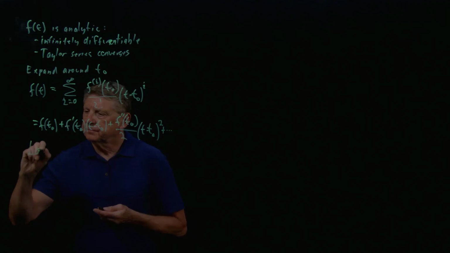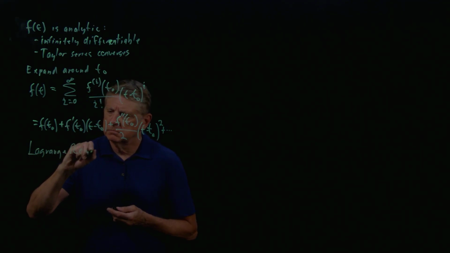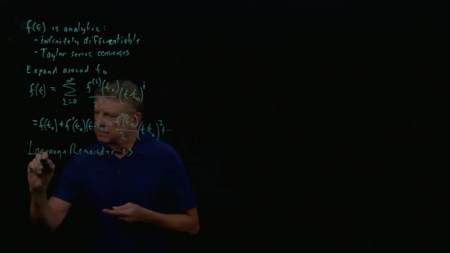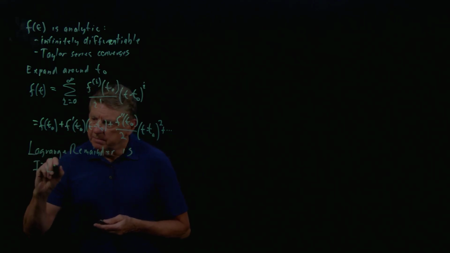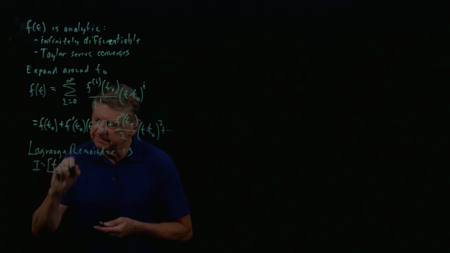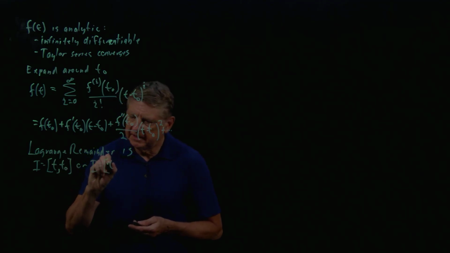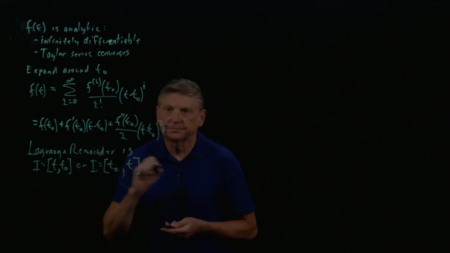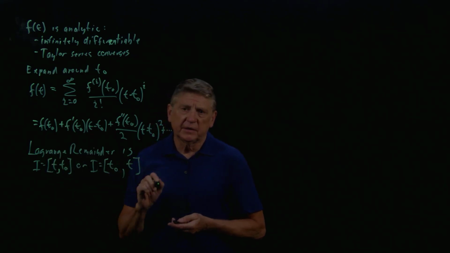The Lagrange remainder is for an interval that is either, we might be approaching the point of interest, the expansion point, from the left, or from the right. For whichever interval we have,